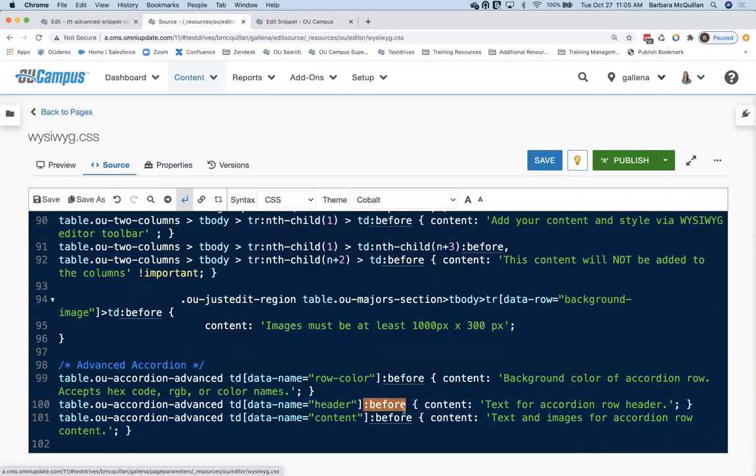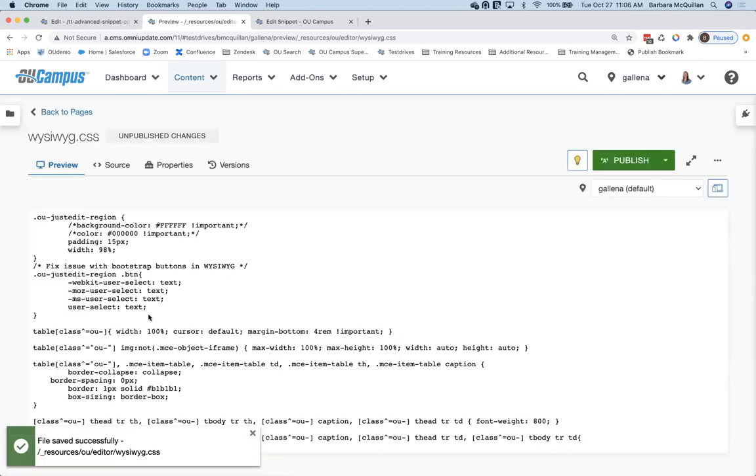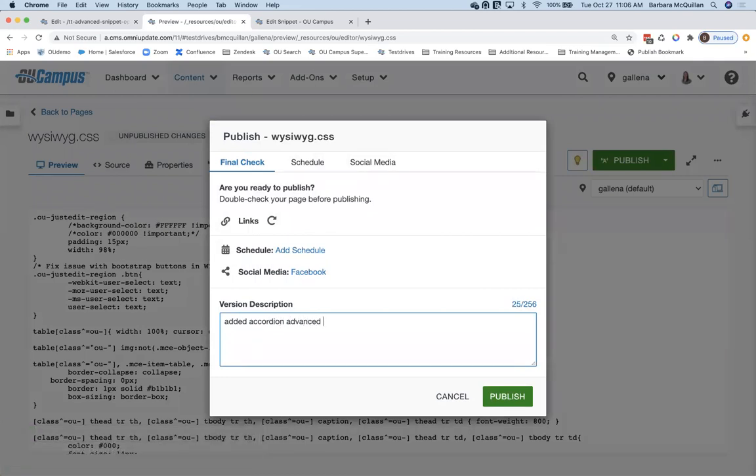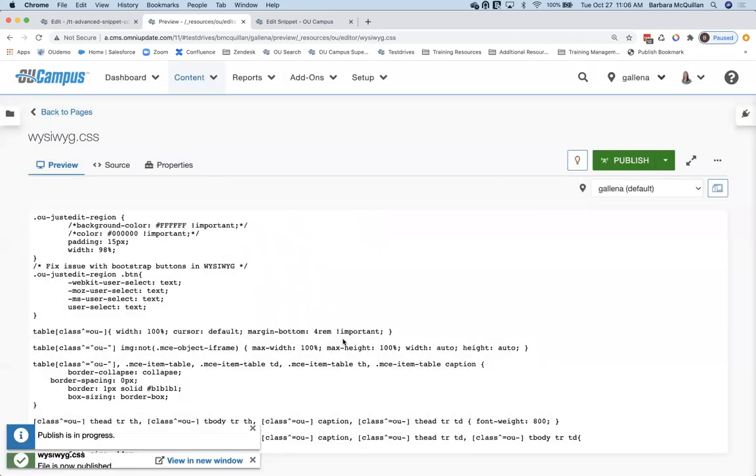You'll notice right after that, I have this little colon before, so that's my CSS rule that's putting this block of content that I'm about to type out before that table cell. So it'll essentially float to the top of that particular table cell. And then I can customize what the text looks like. So from here, I do have this already set up. I am going to save this, and it is a CSS file, so I do need to publish up to my production server. Go ahead and use my version description and publish out here.